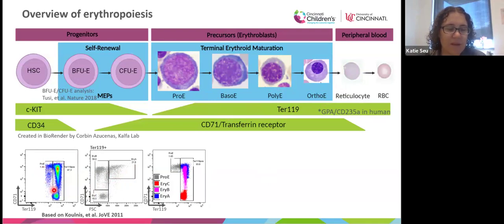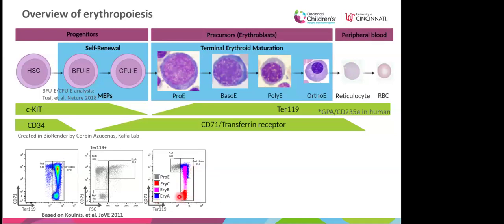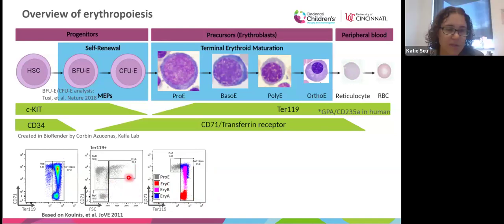But this seems to work really nicely in the fetal liver, but it doesn't really seem to bear out in adult definitive erythropoiesis. And what I've tried to show here is that even when you separate these by size, these things based on their CD71 expression, they kind of overlap a lot. And other than the ones that are completely CD71 negative, which are your mature red blood cells at this point, all the other erythroblasts kind of overlay each other. And this point was